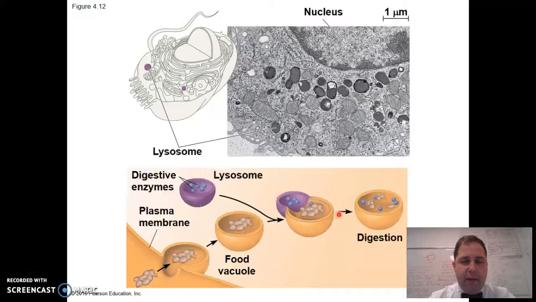And so now you have a bigger vesicle full of digestive enzymes. So in this example, you're seeing food that's being brought into the cell. That food is in a vesicle that then fuses with a lysosome, and the lysosome can then digest the food that is found inside of that vesicle, breaking those macromolecules down into simpler molecules